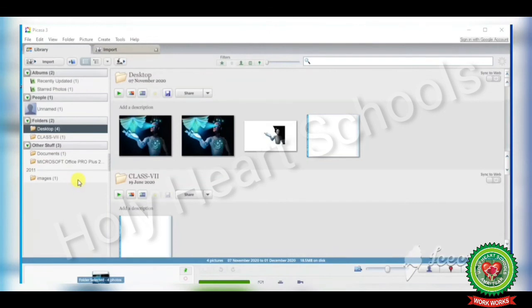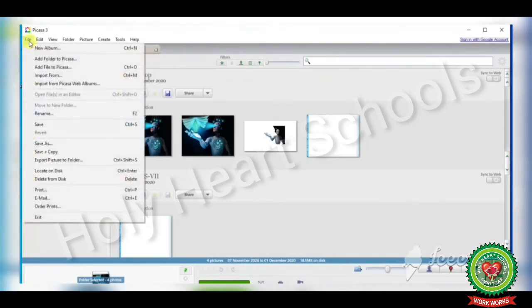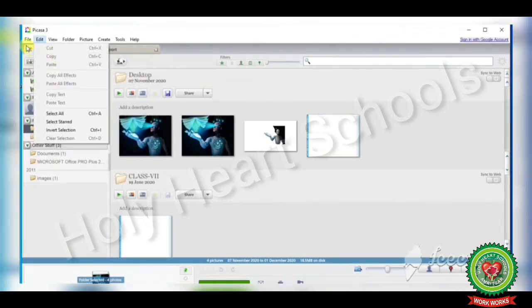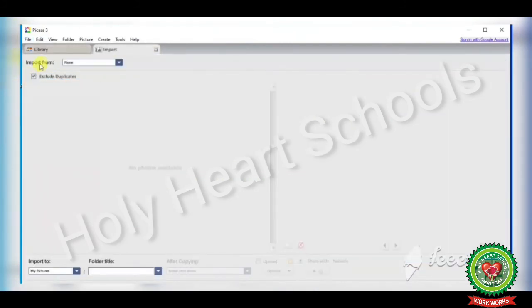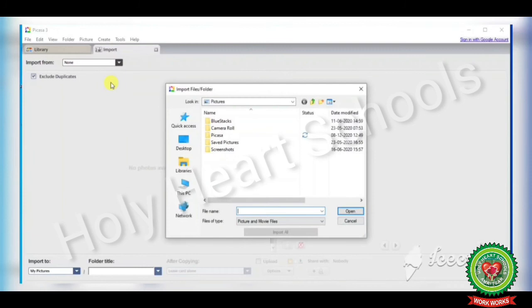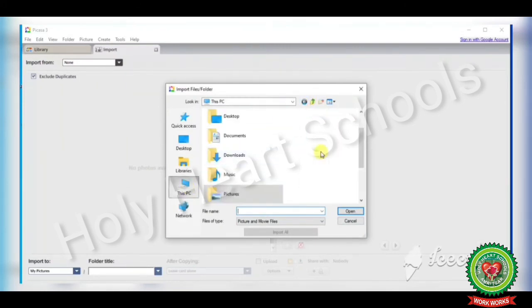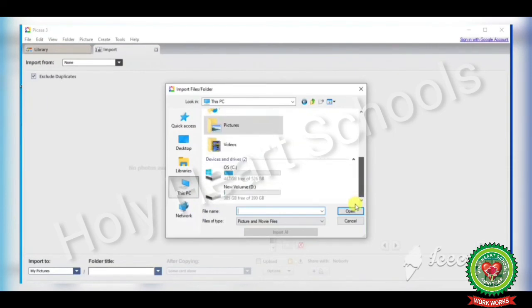For the Import option, click on the File menu. Here you will get the Import From option. Just click over there. Like here I'm clicking Folder. Then it will open all the files and folders in front of you. I am finding it from the D drive.